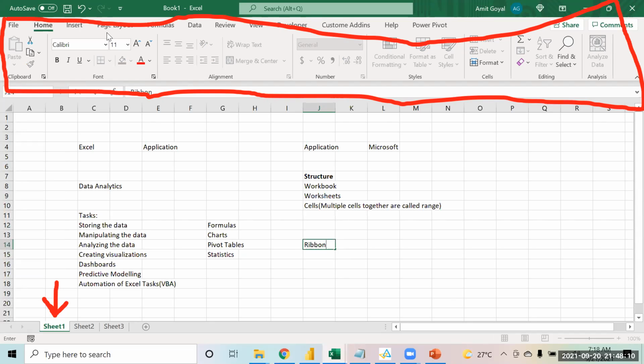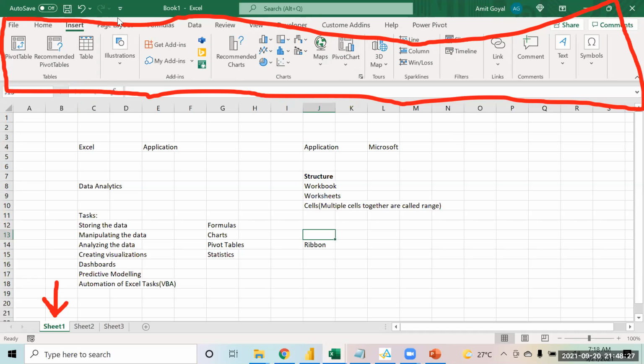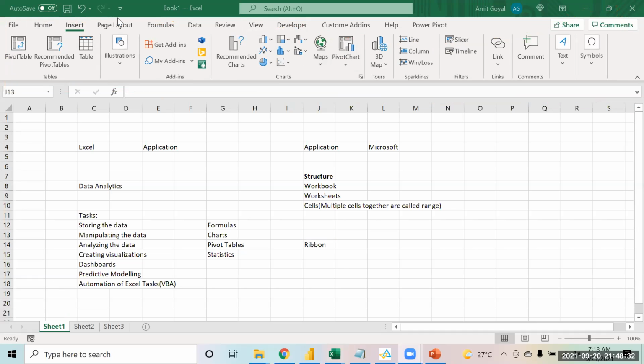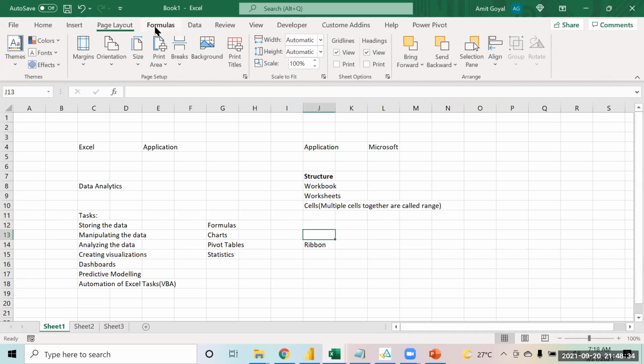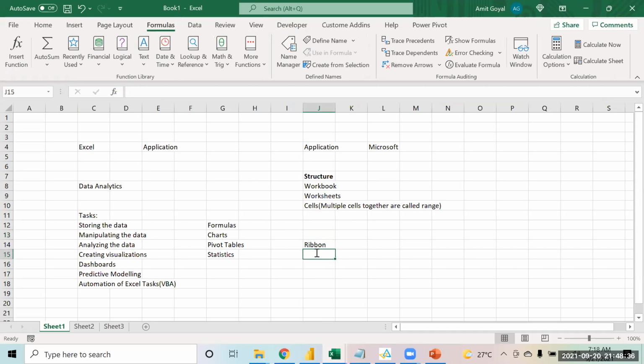Definitely the options are different depending on the tool, but most of the options are the same, and the look and feel of the ribbon is the same. Within this ribbon, these are called tabs: Home tab, Insert tab, Page Layout tab. So within the ribbon, we have tabs.